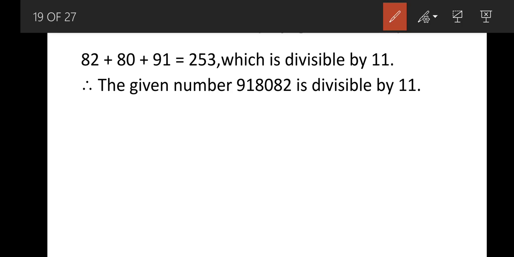Simple as this. I think this method is simple, or you can opt for method 1 also if you have understood that. You can opt for method 2 also. Either of the two methods you can follow, whichever you feel is more comfortable, or whichever method you have understood more effectively, that method can be used by you in the questions.